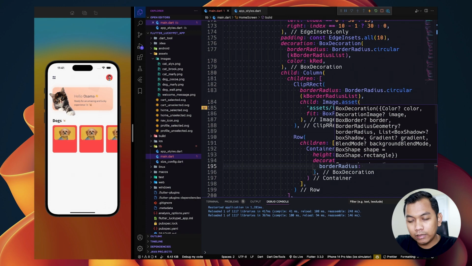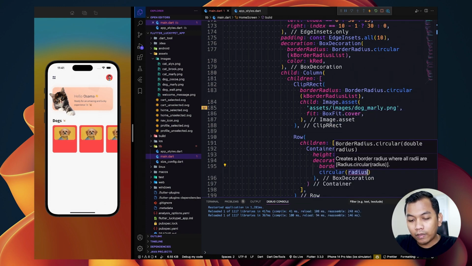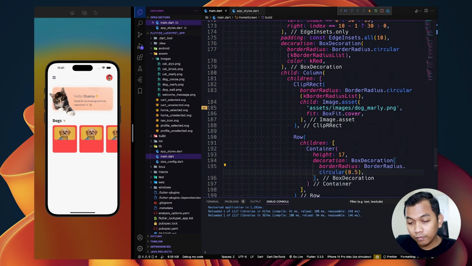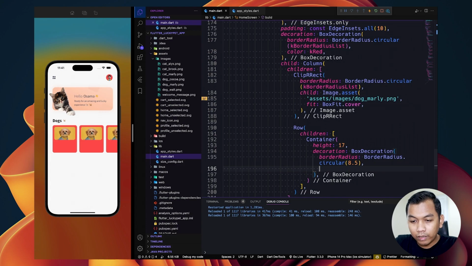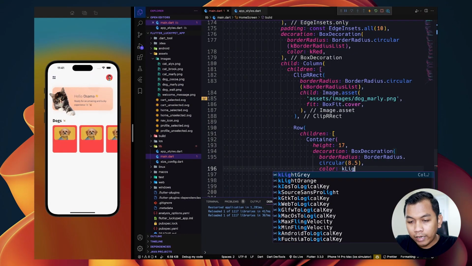Border radius will be 8.5, and for the color will be like orange.